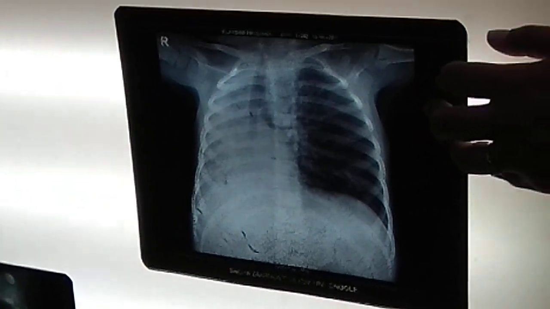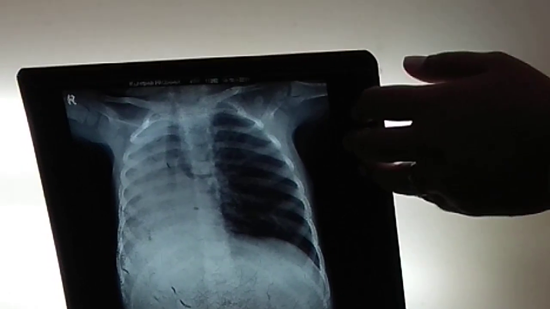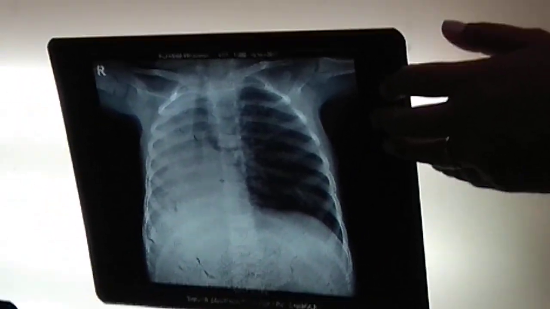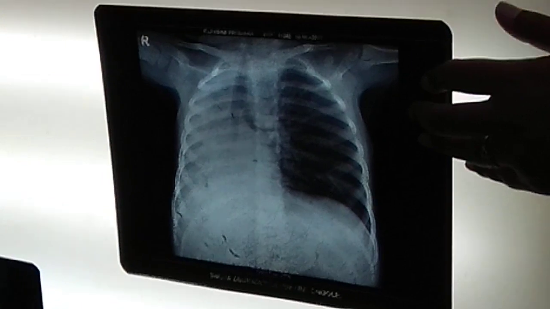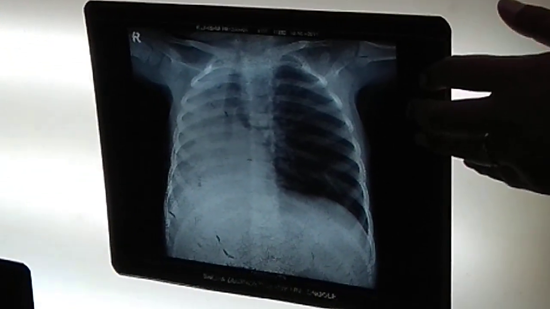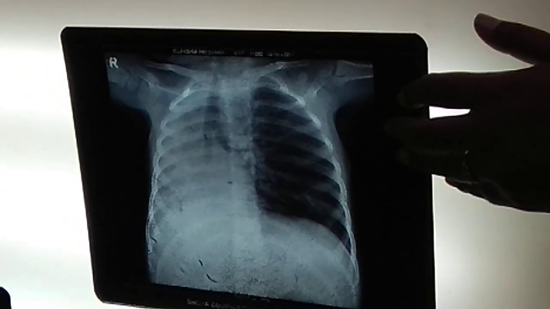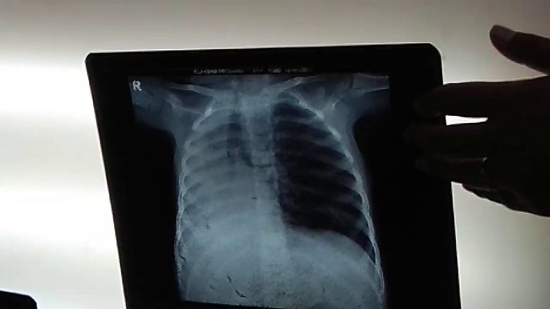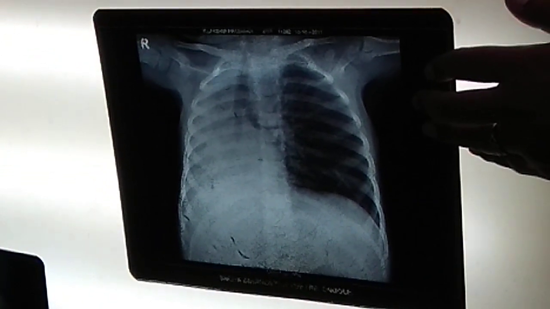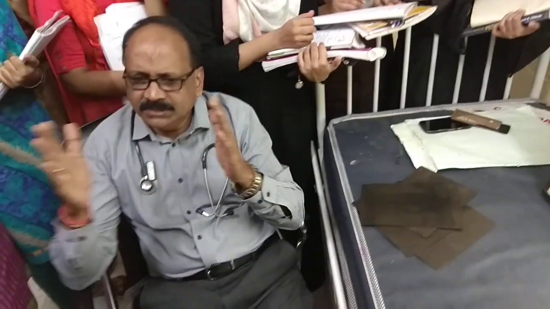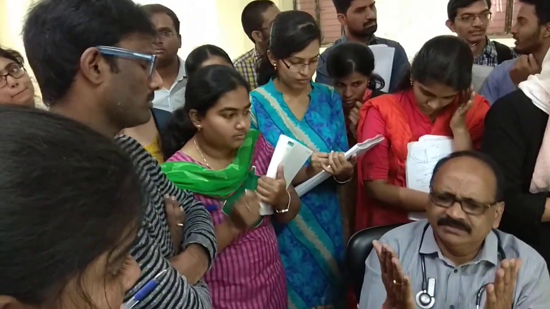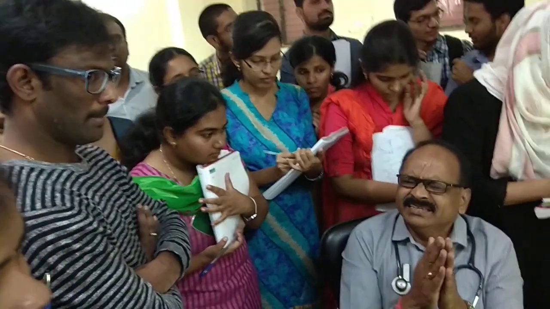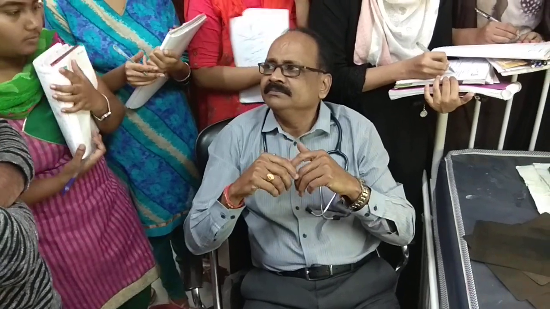Consolidation, non-homogeneous opacity, homogeneous opacity, pleural effusion and collapse. But don't comment on air bronchograms in collapse. Collapse of lung won't have air bronchograms. Collapsed lung will have interspaces; depending upon how much is collapsed, if it's complete collapse, the bronchi may not be seen. The outline is a compressed lung. If there is a little bit of opening somewhere, they may be seen. So don't comment on that, and don't land in problems.